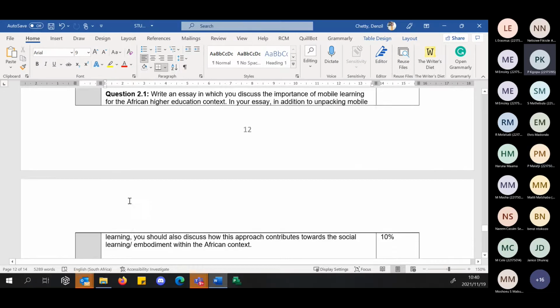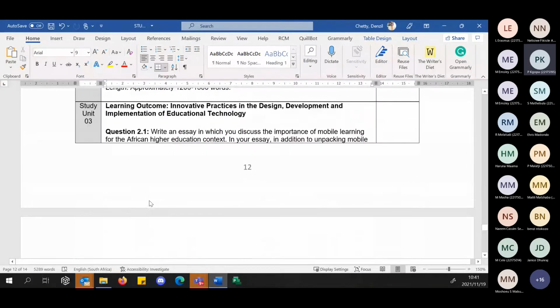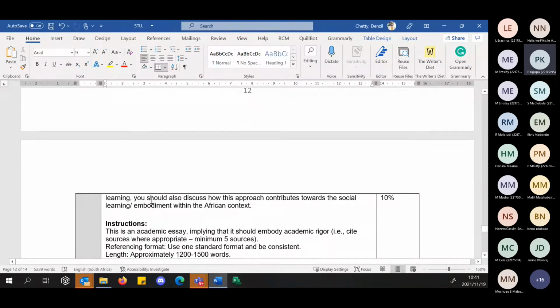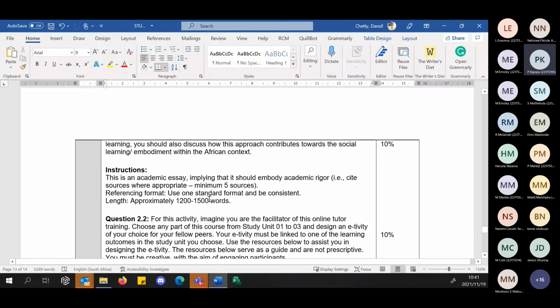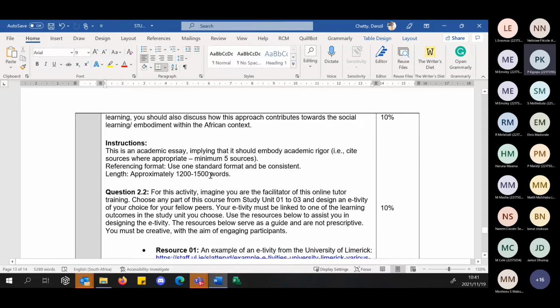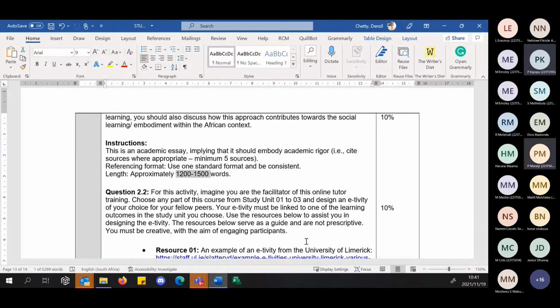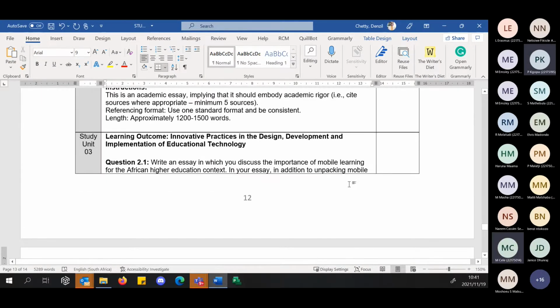Okay, let's do this, to compromise with you. I hear what you're going with that, and it makes sense. Let's drop the words here to help you out and also help the colleagues out. Let's drop the words here to 750 to 1,000. I can't drop the marking, but I can drop the amount of work that we need for that. Will that help you? Okay, that's better, yeah? Okay, so for 750 to 1,000 words, you get the 10% here, right? And we'll drop this to 3 sources as well, similar to the other one. Okay, so that complies with 10%.